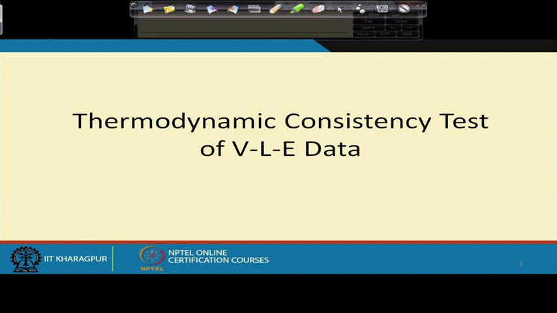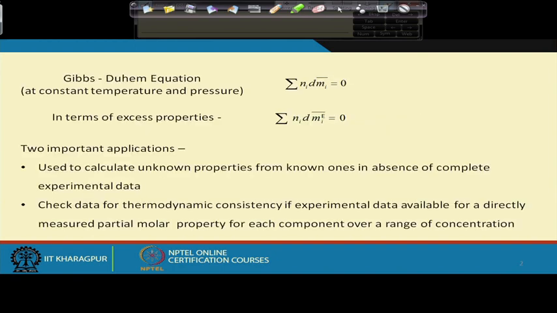Therefore, we are not dealing with thermodynamic correctness of data, we are just trying to find out how we are going to ensure that the data are thermodynamically consistent. Our main guide is the Gibbs-Duhem equation. What is the Gibbs-Duhem equation? Let us see. All of us know that the Gibbs-Duhem equation can be written in terms of any particular partial property, where we know this M_i bar